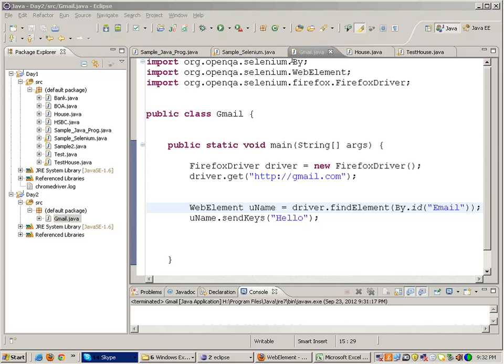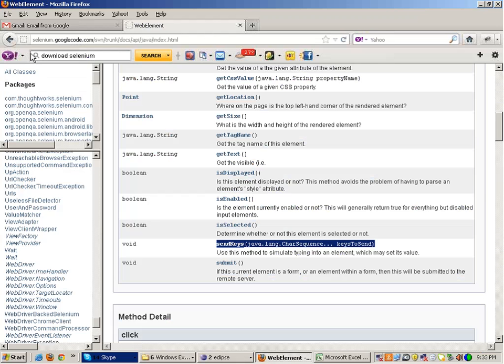I'm importing the documentation into Eclipse because this saves a lot of time, right? All you need to do is just